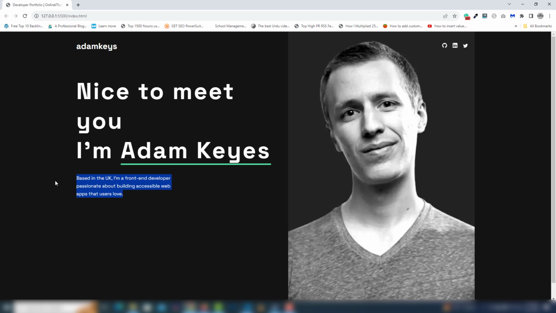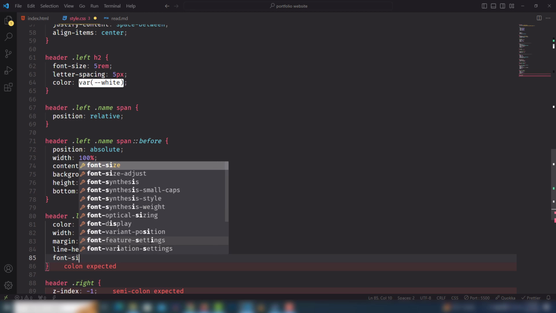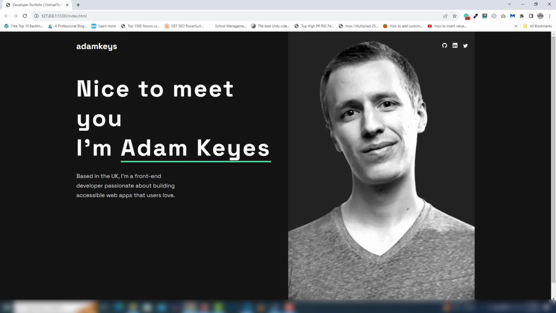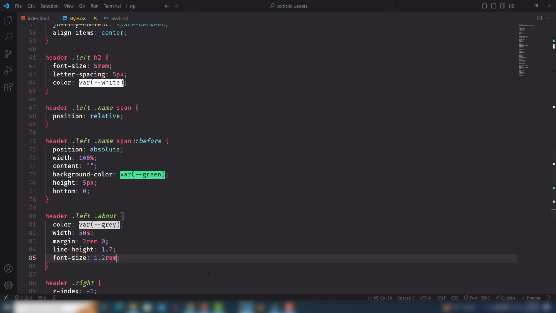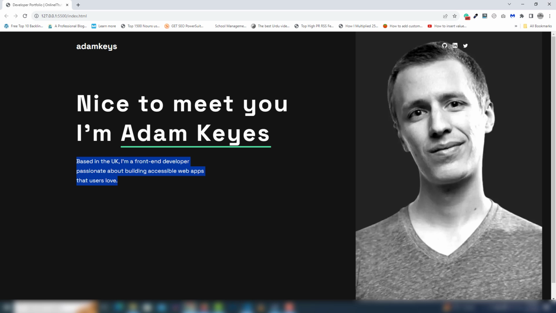Now also I will add the button on there. In a minute I will design it, then I will add it. And last thing I'm gonna add it, font size I will increase 1.2 rem. So yeah, great, it's looking so nice. Yeah, perfect. Then we need to move on the right side, right, this one section. So in this one section I need to use width 30%. So and look at that,